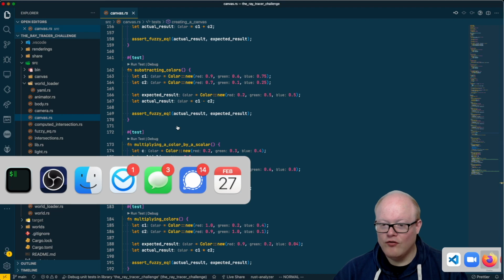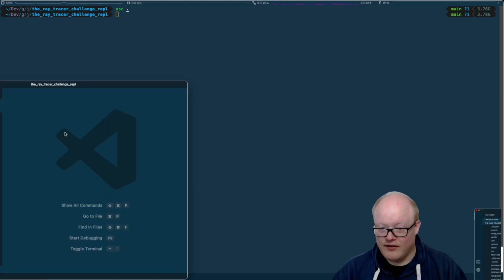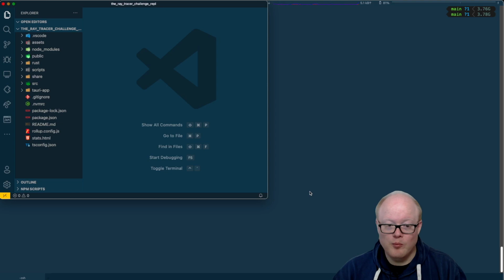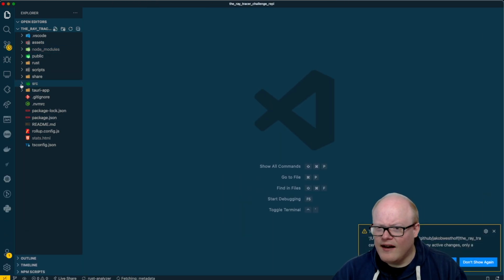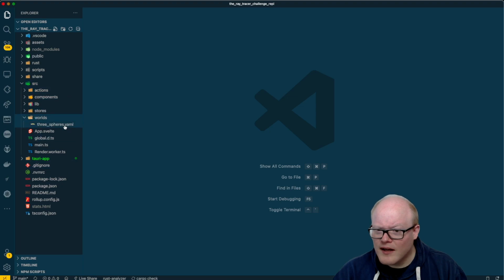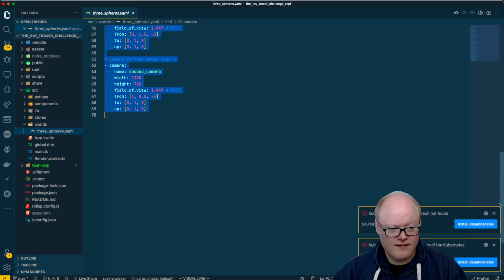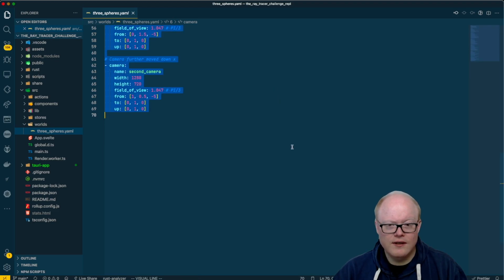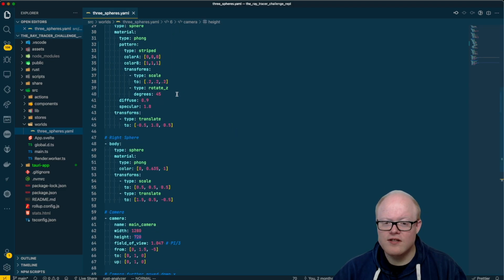And of course we need another shell for this, because we need to be in the Raytracer REPL, so let's quickly open this one up here. I'm not 100% sure, but I think I have this one in here. Let me just paste in my changes here with the